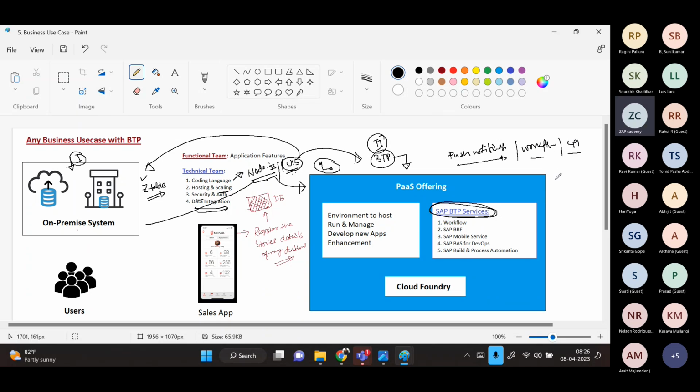I want to use, let's say, an automation, a chatbot integrated. This should be much easier for you to access once you deploy the application over BTP compared to on-premise. Because on-premise, you would be lacking those BTP services. You need to again activate those